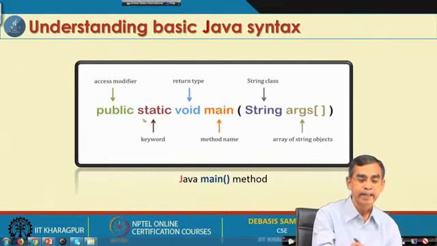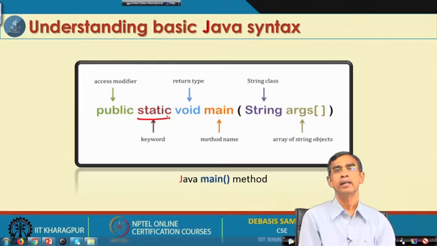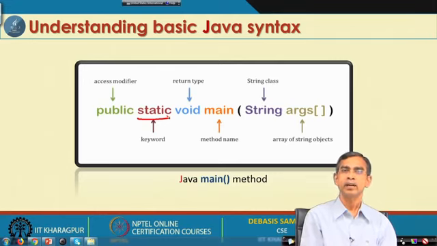And next is static, this is very important. Some methods, whatever methods we have discussed earlier, say area, circumference. In order to call these methods, we first create an object, and for that object we call the method, for instance c dot area or c dot circumference, like this. That means, if you do not create any object, then you will not be able to access any method in it.